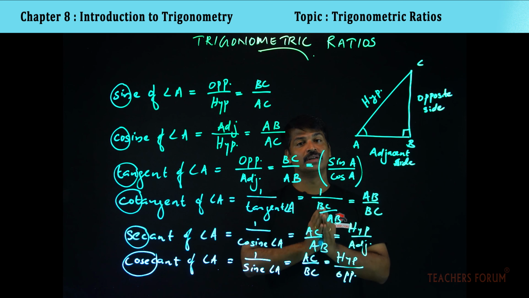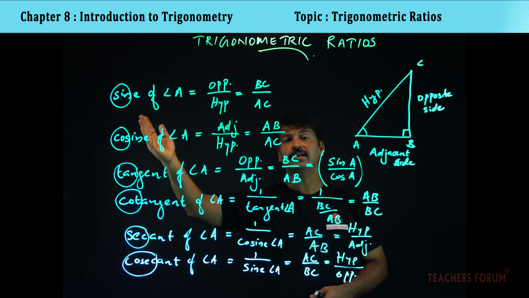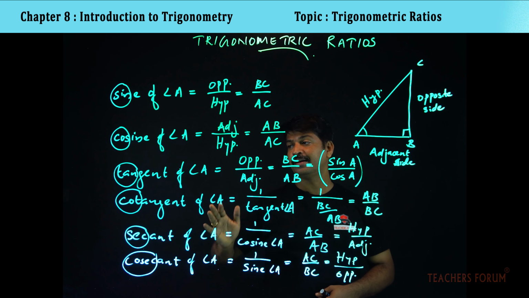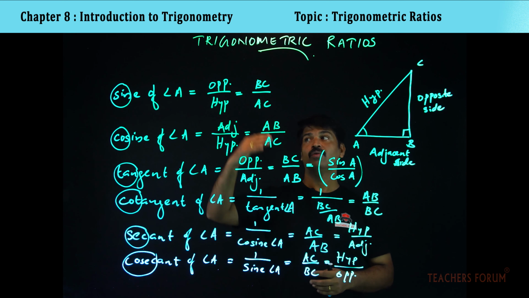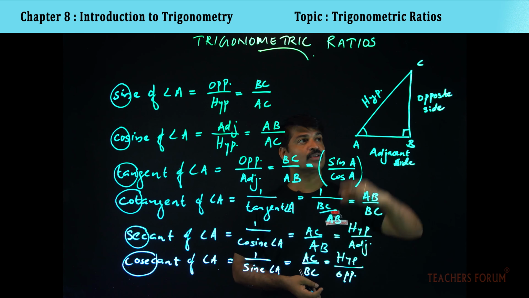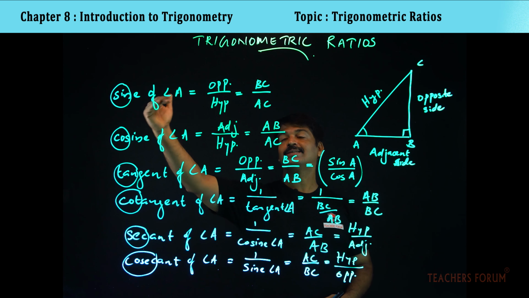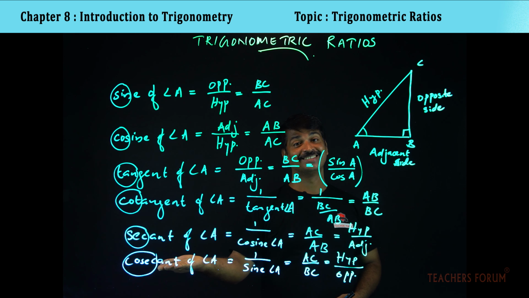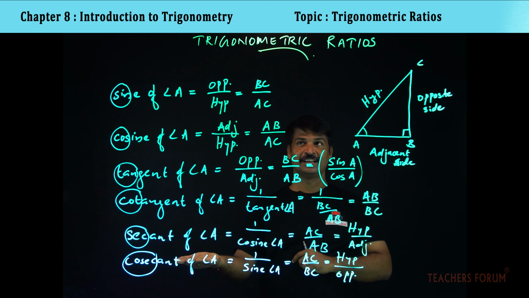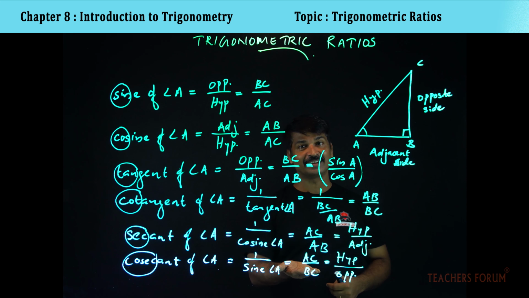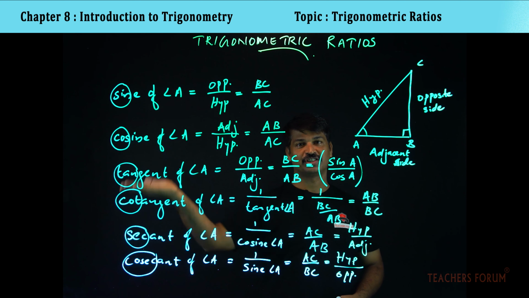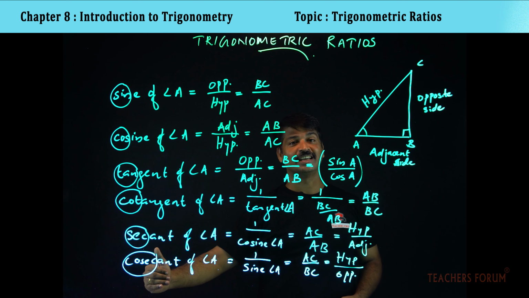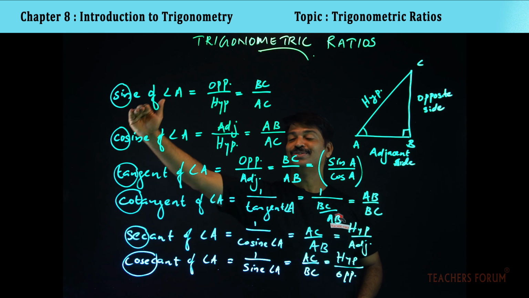So from this what we conclude is, if you know just sin A and cos A, you can define all the other four trigonometric ratios. Once again, what is sin A? Sin A is opposite side by hypotenuse. So if you know sin, you can find out cosec. The last one: what is cosec? Reciprocal of sin. That is hypotenuse by opposite side or AC by BC. Clear? So there is a relation between sin and cosec. They are reciprocal functions. Reciprocal of sin A is cosec A. Reciprocal of cosec A is equal to sin A.